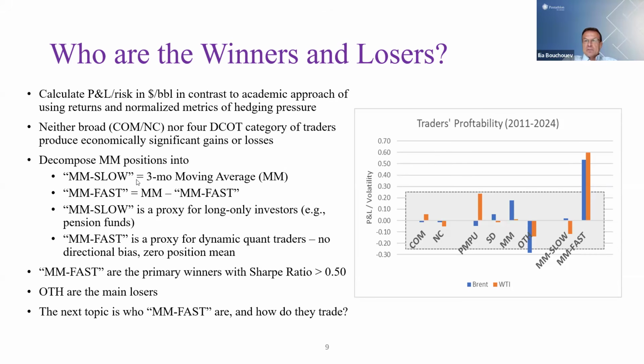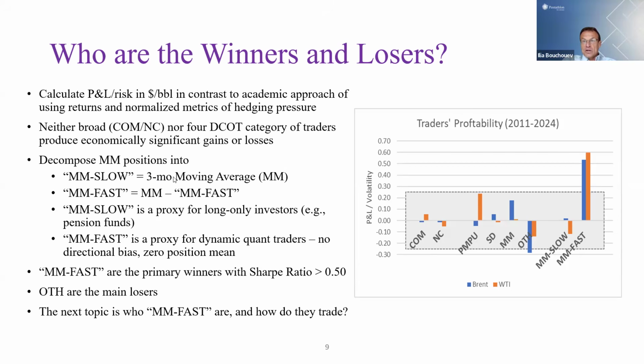The slow money, we simply represented by the three-month moving average of their positions. You can use six months; conceptually, it's very similar. So the idea is slow money is the proxy for pension funds, for long-only investors, because remember, there is a net positive bias in the managed money position. So we're trying to capture this